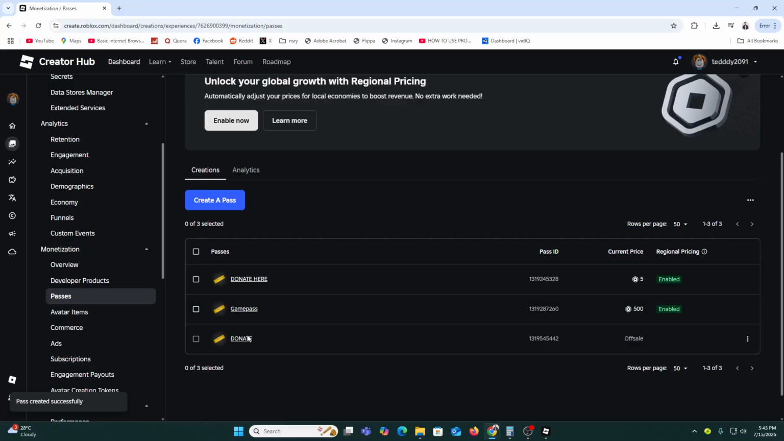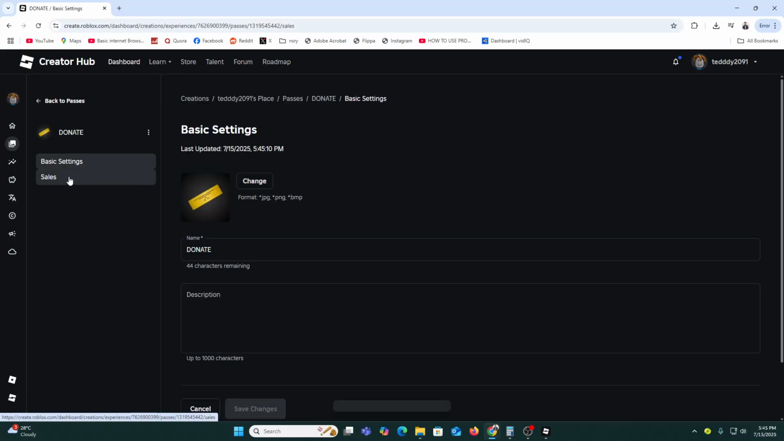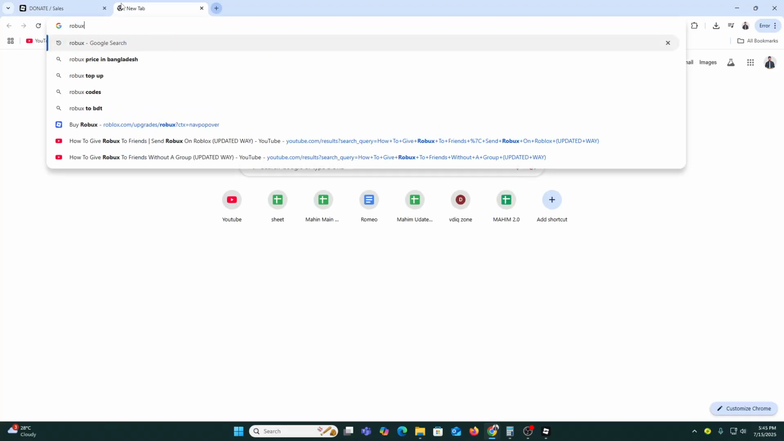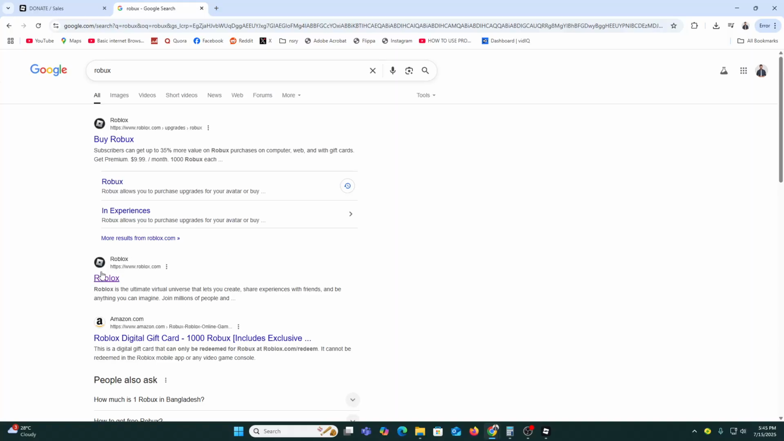Now you just need to again go over here. Once I go over here, you just need to go to the Sales, and here you just need to provide your Robux. So here I will enable this one, and then I will provide the Robux, and just click on Save Changes. Once it's done, now you just need to come over here to the Robux again, and once you come over here, let's click on the Robux,